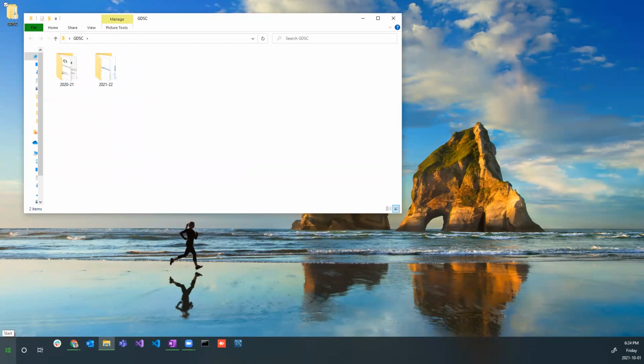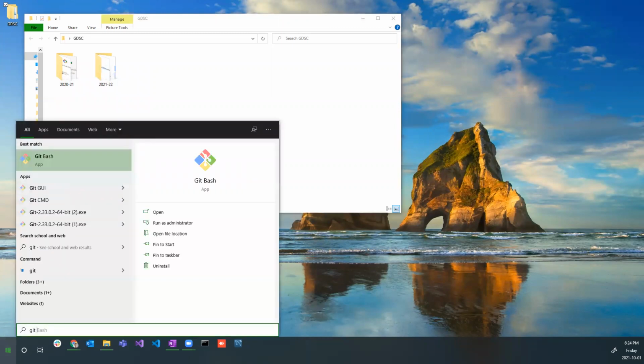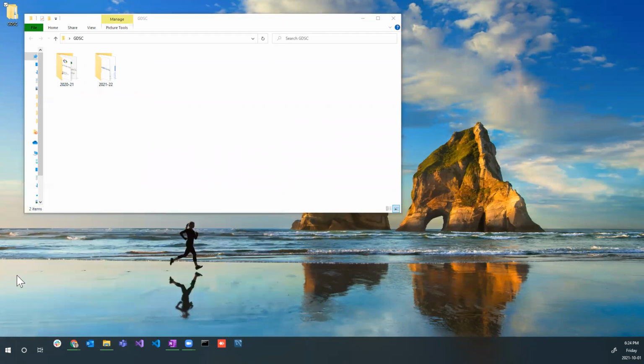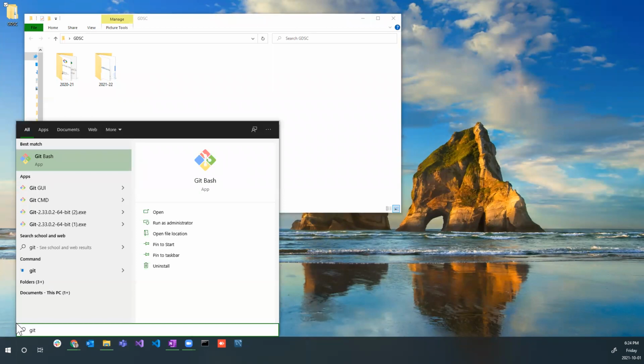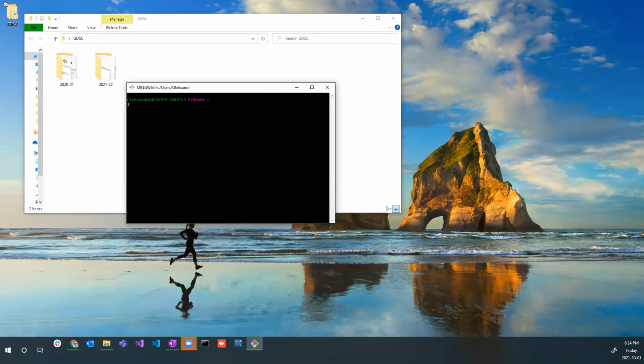Just to confirm that everything is good, type git bash, and you should see that in your search. Could you please confirm that you are able to